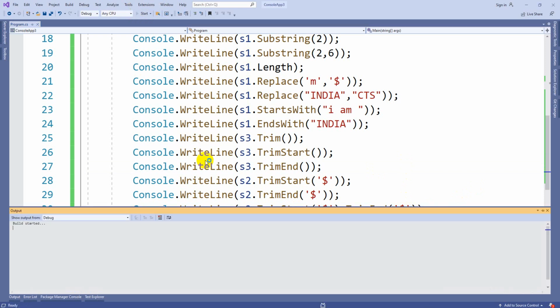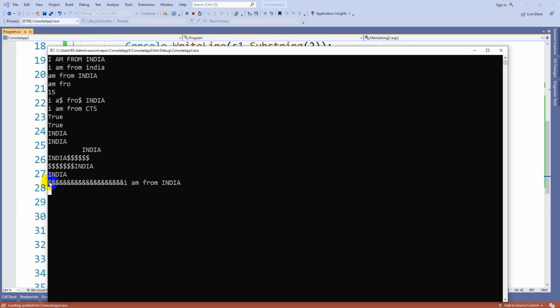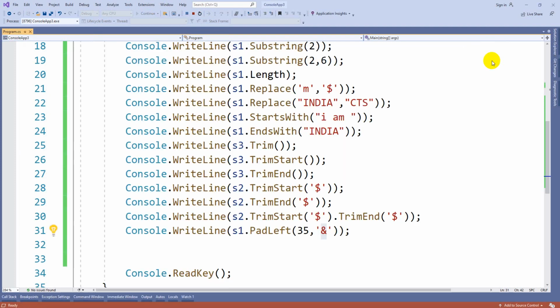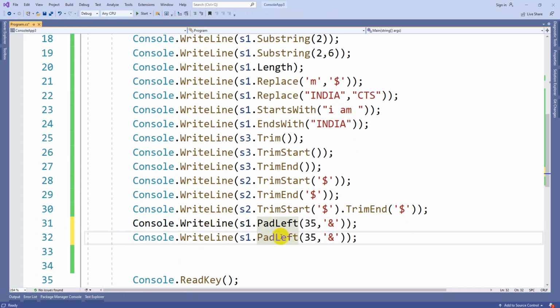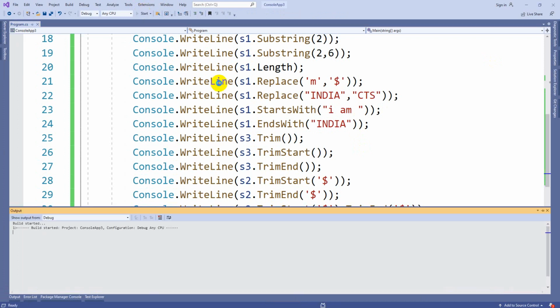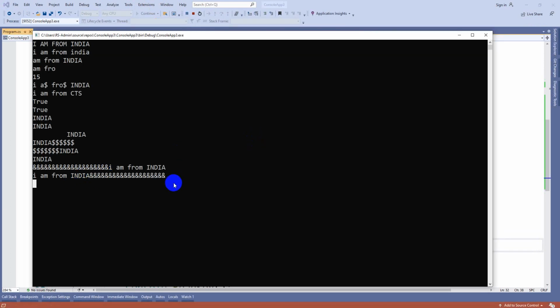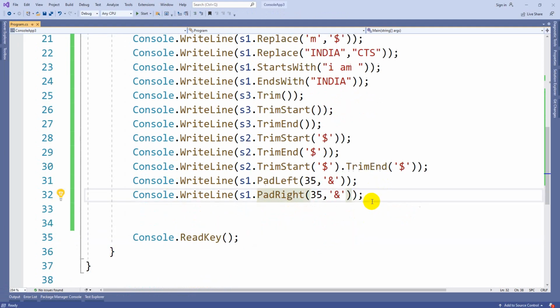I am giving the @ symbol, you can see this one. So these many characters are less for 35, and these characters were included. Like the same, you can use PadRight also, so that it will append the characters on the right hand side. You can see this one. Okay, so padding is nothing but filling the space. Out of 35, however many characters are less, it is going to append with this.